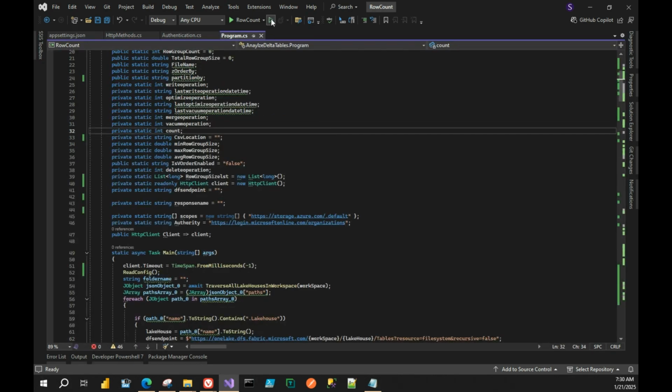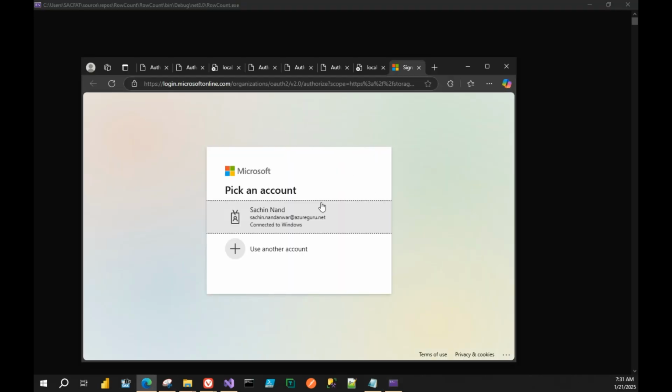Okay, I'll run this application. So the first thing it's going to do is prompt for a browser credential, I mean your Fabric tenant credentials, to generate the bearer token. So once authenticated, it starts analyzing the lakehouses